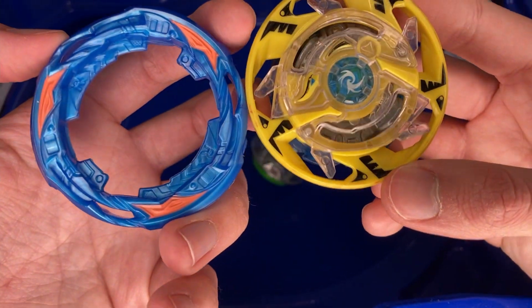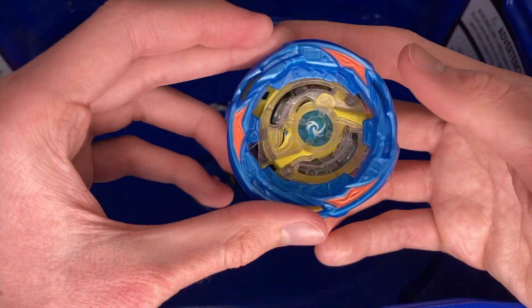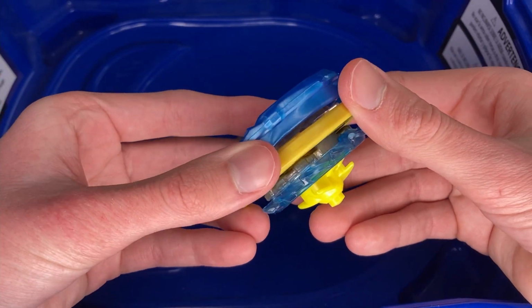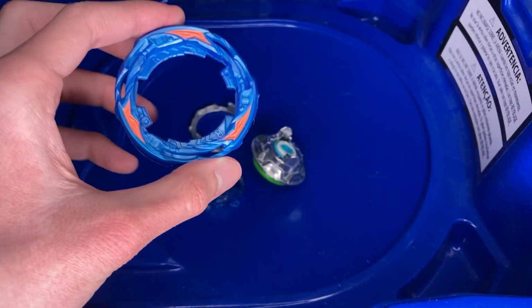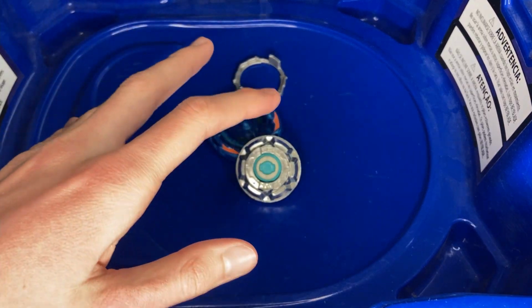Comparing it, it's very similar to the Garuda blade, which the whole Knight is basically based on, but a lot thicker. And it's around the same wideness, I think. But yeah, it's better than Garuda. This thing is probably the best for Hasbro's metagame right now. So let's assemble it and see how this...